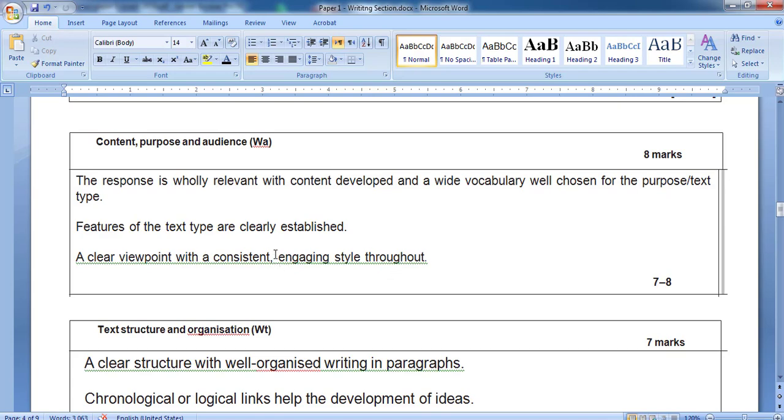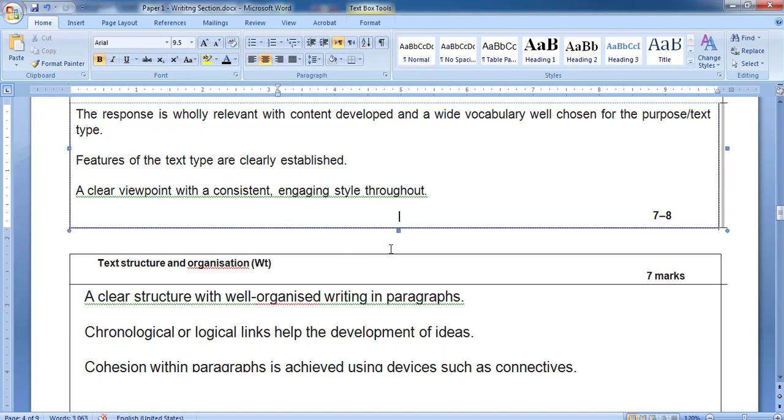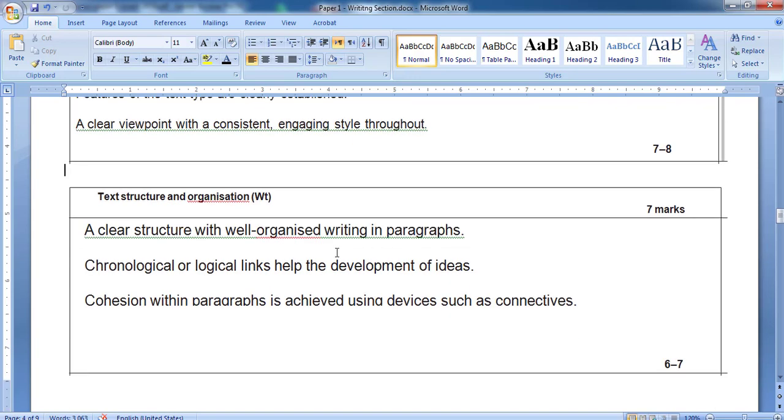You have to use the third person point of view, and if you have a witness, they will speak in the first person. Okay, and from the very beginning of your newspaper report till the end of it, you have to have a consistent and engaging style throughout. Don't get your reader lost. Okay, you have to let the students understand this. Okay,